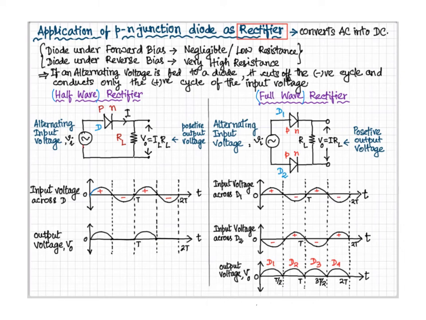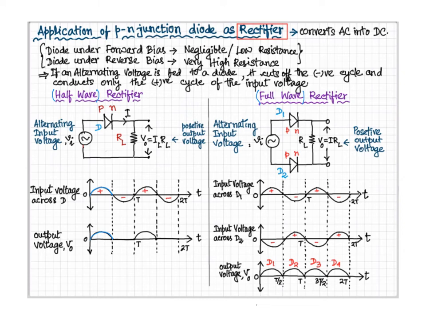This is the alternating input voltage. The blue portion, as signified here, is under forward bias with respect to the diode D. So it will be conducted through the diode, and the output voltage will be found across the load